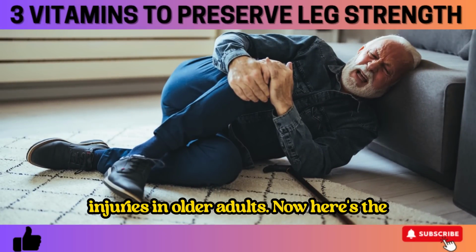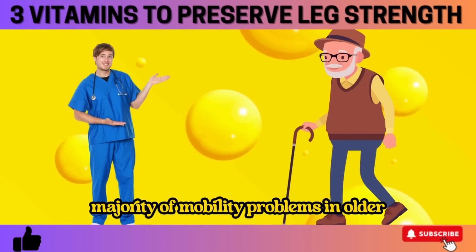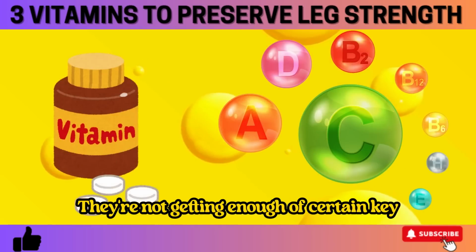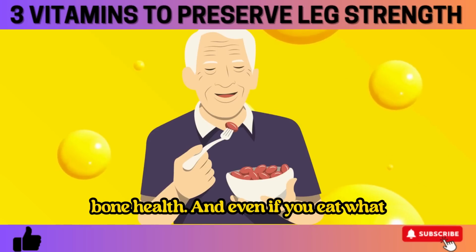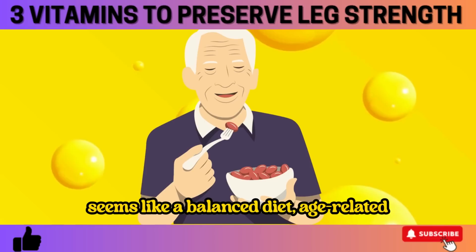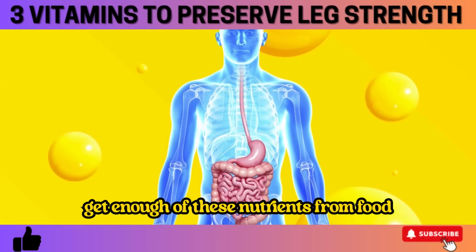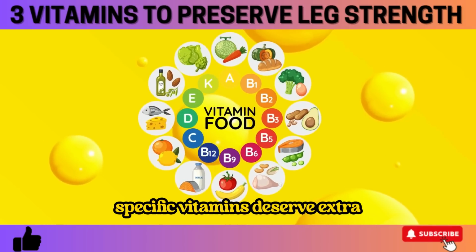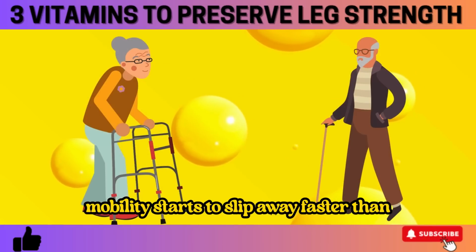older adults. Now here's the part most seniors don't realize. The majority of mobility problems in older adults stem from one simple issue. They're not getting enough of certain key vitamins that are crucial for muscle and bone health. And even if you eat what seems like a balanced diet, age-related absorption issues make it much harder to get enough of these nutrients from food alone. Most people don't know which specific vitamins deserve extra attention, and that's exactly why mobility starts to slip away faster